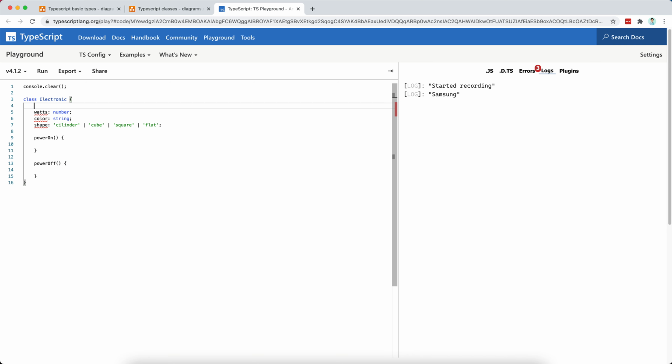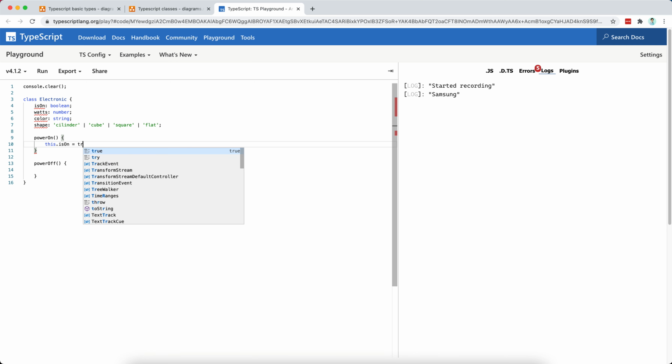Let's think about it. Maybe we have a field here that is going to store the information whether the electronic is on, right? And then once the power on is called, I will have this.isOn equal to true. And if the power off is called, I'll say this.isOn is equal to false, like so. So it would be the case that the electronic here is going to have this field isOn to indicate whether it's on or not, and I can change it via the modifiers or via the methods power on and